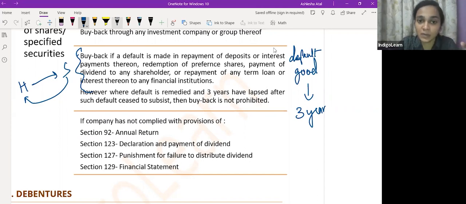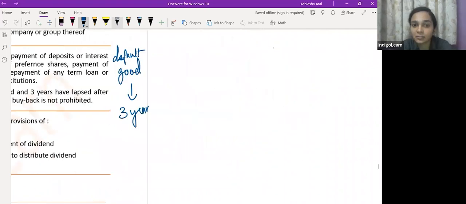अभी dividend pay हो गया, तो dividend pay होने के 3 साल बाद आप buyback कर सकते हो. So 3 years should have lapsed from the date when the default has been made good. And if the company has made any non-compliance with provisions of 92 is filing of annual return or declaration of dividend or punishment for failure to distribute dividend, या फिर 129 which talks of financial statement, इनमें से कोई भी section का default company ने किया है, has not complied with provisions of any of these sections, then in that situation the company is prohibited from buying back